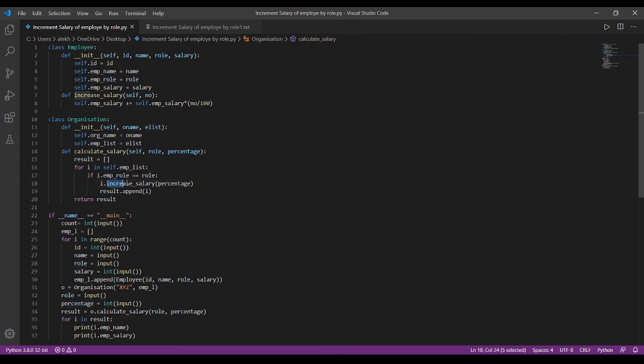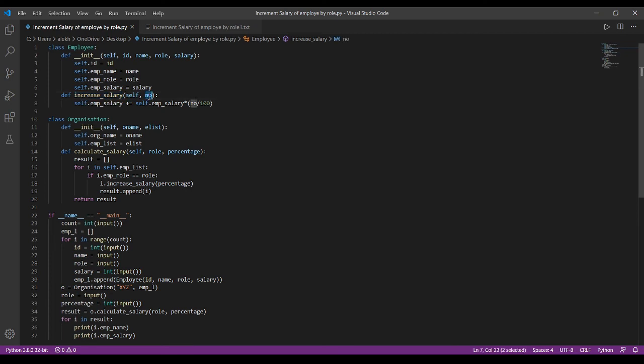So here I am calling increase salary, but these are defined in two different classes. This object refers to the particular employee, and that employee object is of this class. So we can use i dot increase salary of percentage to call this method.